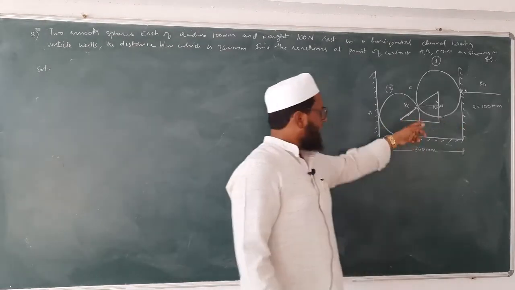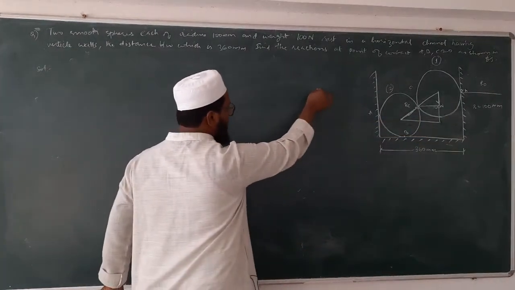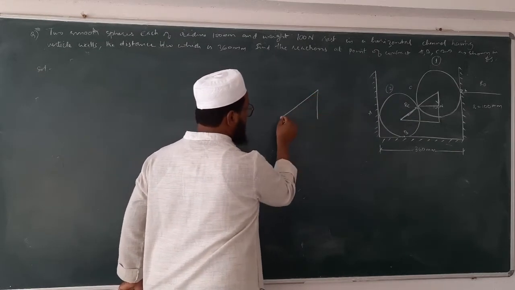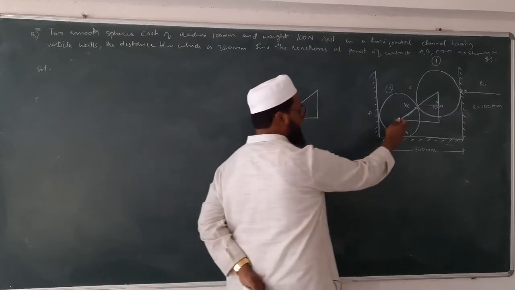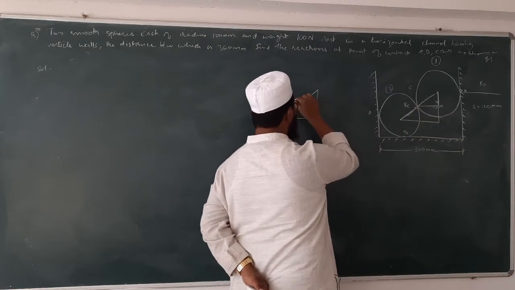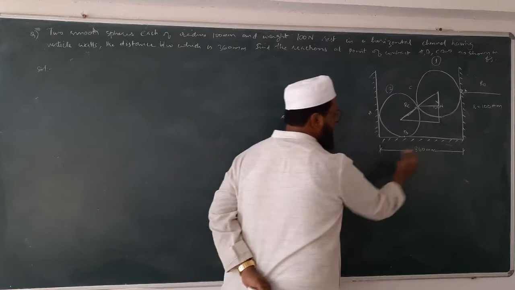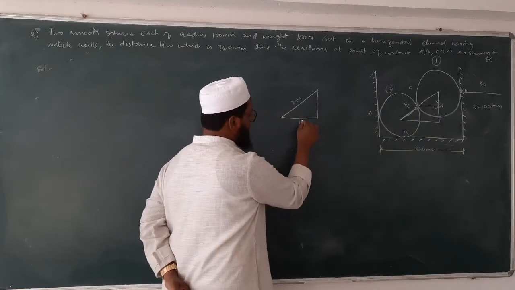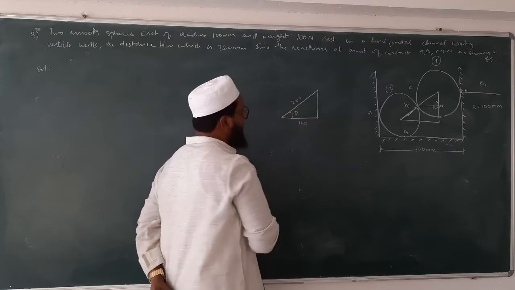Understood? So I will draw this triangle outside. So I will draw this triangle here. Right? So this is totally how much? 200. Very good. This is 200. What about this one? 360 minus 100 minus 100 is how much? 160. Very good. So this is theta. We will consider this as theta.